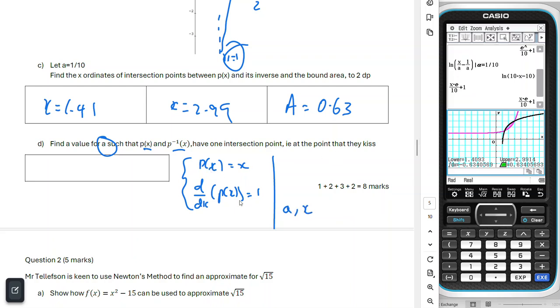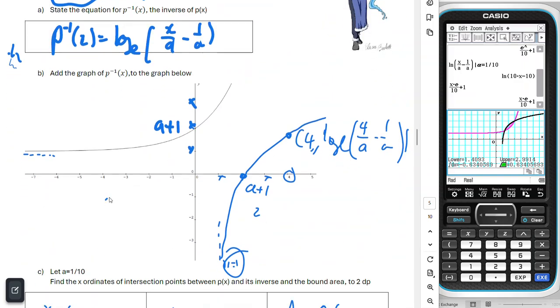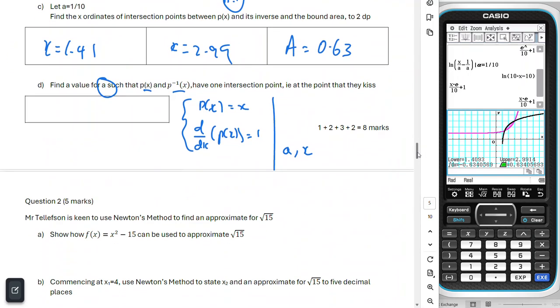So I'm setting it equal to the line of Y equals X, because where the line of Y equals X touches, the two Y values will be equal to each other, and at the point they'll both have a gradient of 1. So I'm going to take my